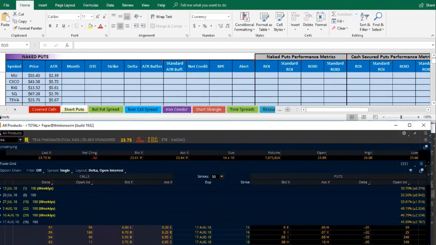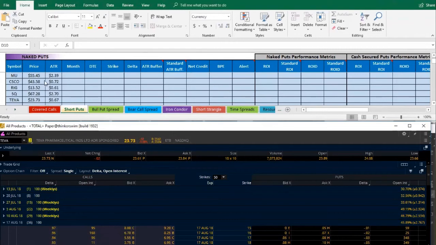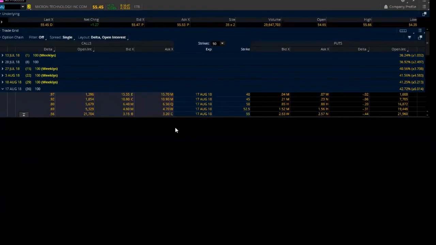So here we are. We've got our chart open. We've got our spreadsheet open. Now we're just data gathering. And now I like to run it one at a time. So here we are. I'm going to put in Micron. Now, before I come to a smaller screen,